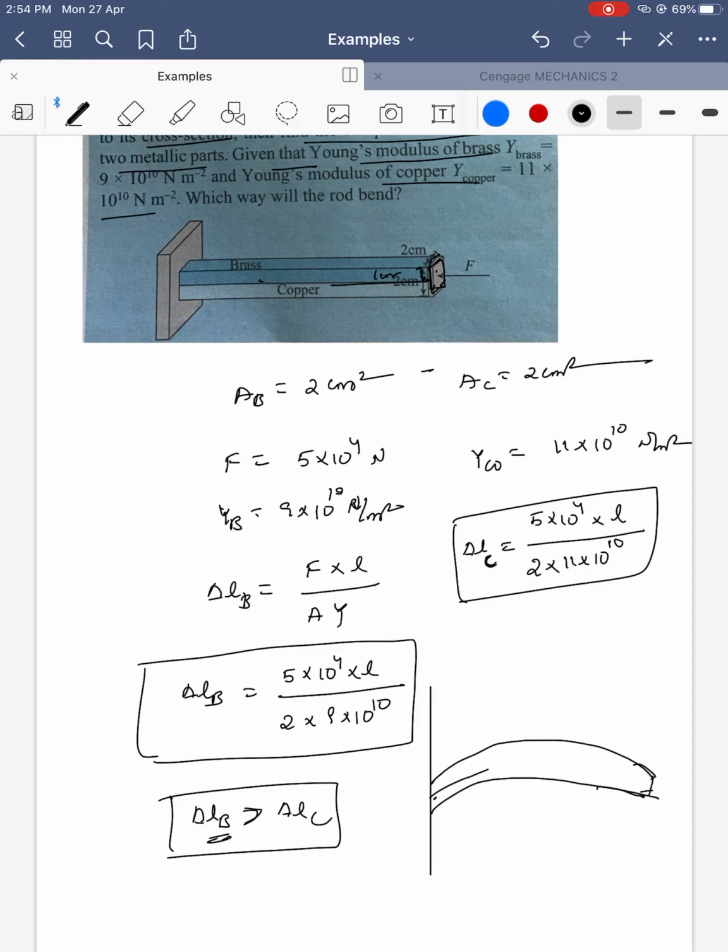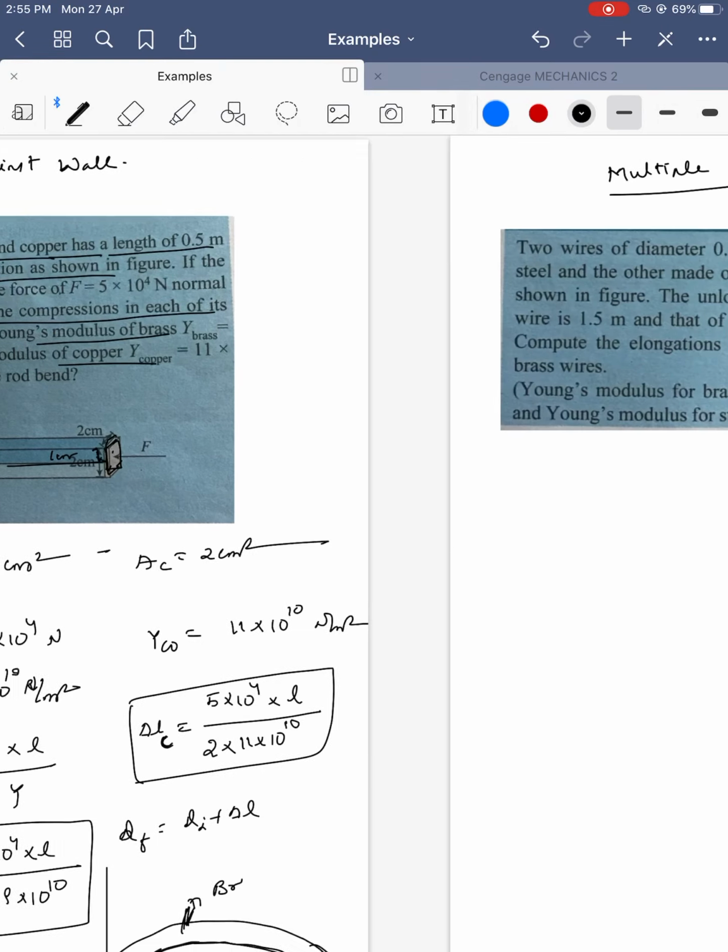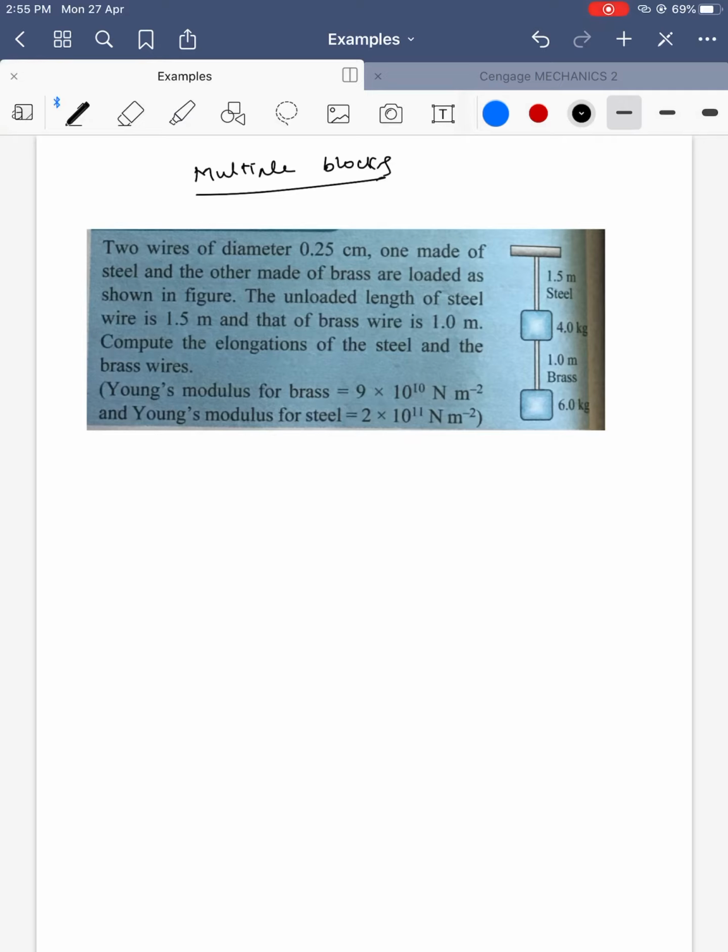Okay, so the bimetallic strip will bend like this, because final length is equal to what? Initial length plus delta L. So the brass length will be more. Sir, what is the point in bending like this? This is bimetallic, which means they are stuck together, so we cannot change it, but both will attach to each other whatever may be the situation. So the upper part will be brass and the lower part will be copper. Okay, so this one you can try.